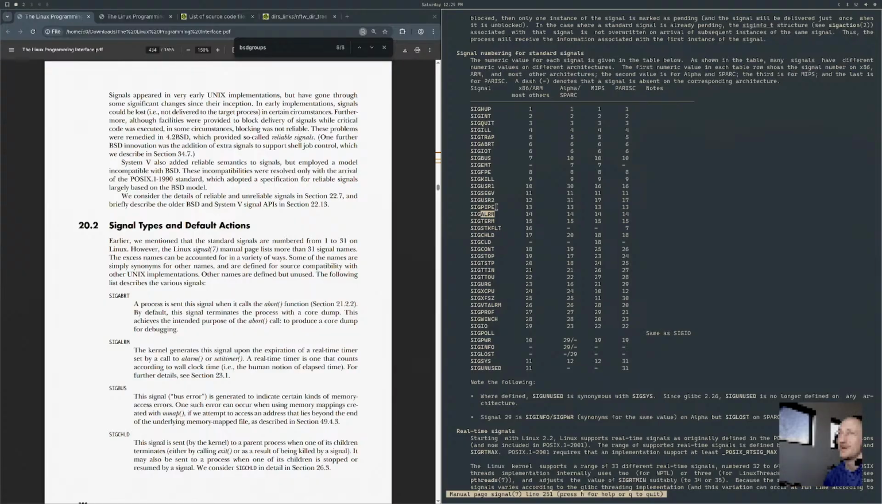SIGALRM, SIGTERM, terminate. Let's see, SIGSTKFLT, SIGCHLD, SIGCLD, SIGCONT, SIGSTOP. I think stop and continue are when you hit Control Z and then fg to resume, or bg. SIGTSTP, SIGTTIN, SIGTTOU, SIGURG, SIGXCPU, SIGXFSZ, SIGVTALRM, virtual terminal alarm, SIGPROF, SIGWINCH,